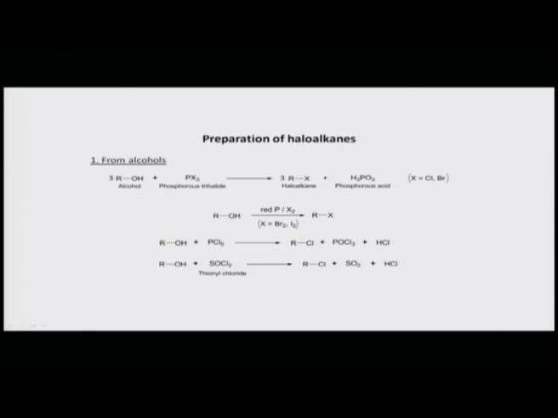The final reaction is the one with thionyl chloride, and it is the most interesting, because thionyl chloride when it reacts with an alcohol gives you RCl, then sulfur dioxide and HCl. These 2 byproducts that are formed in the reaction are gases. You will always end up getting the alkyl halide that you want, so in this case chloride because you are using thionyl chloride. So along with the alkyl chloride or the chloroalkane, you get sulfur dioxide and HCl. These 2 are gases, so they escape from the reaction mixture